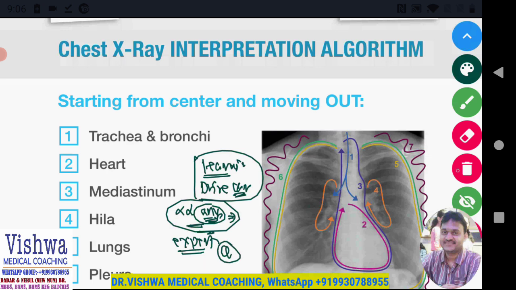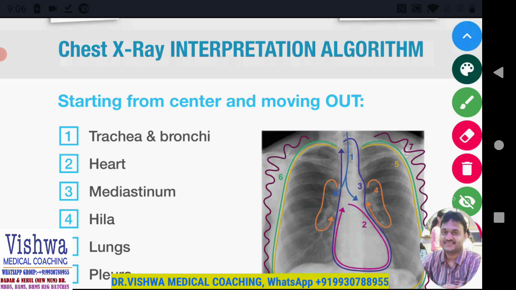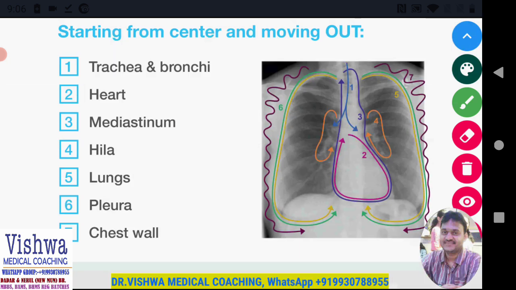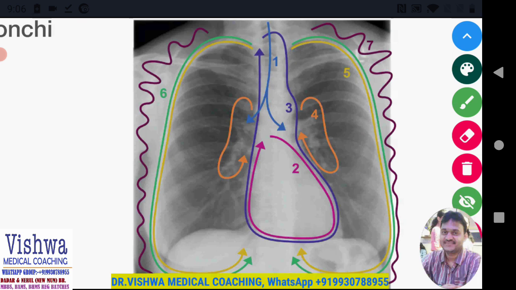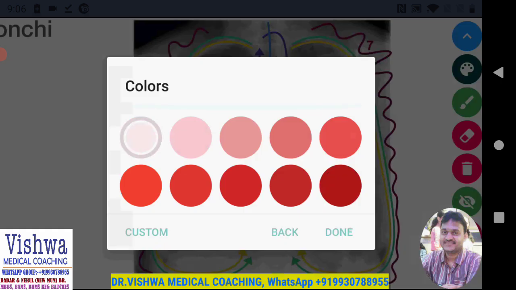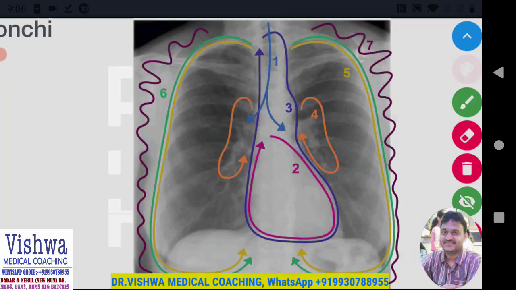So to become an expert in X-rays, you will have to understand that the expert mentality comes only after interpreting hundreds of X-rays. So before we go into anything, let's first understand the schematic approach. What exactly are the things we're going to look at in the X-ray? Let's say, for example, what are the structures we're going to look at? And here we're going to understand how to go step by step through all those structures. Let's say, for example, the first important thing